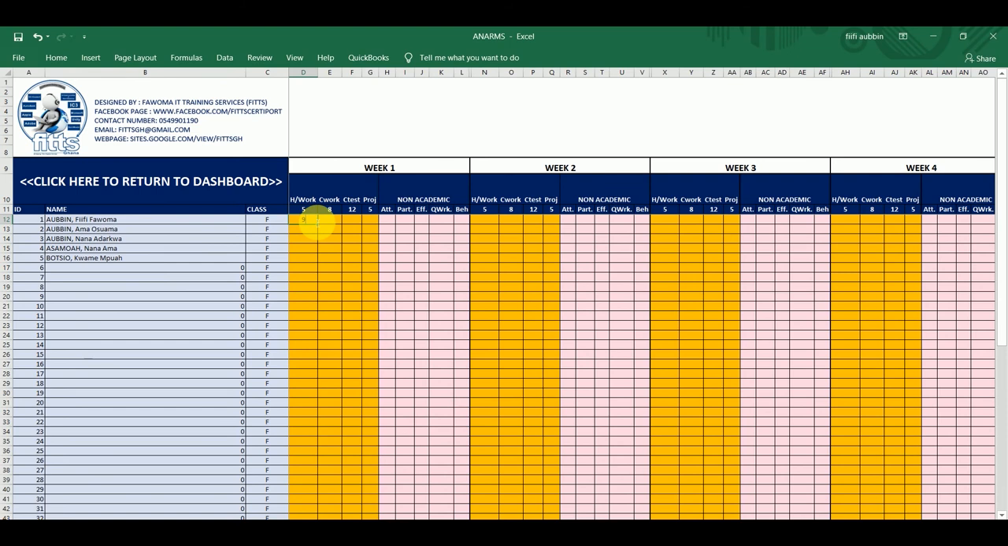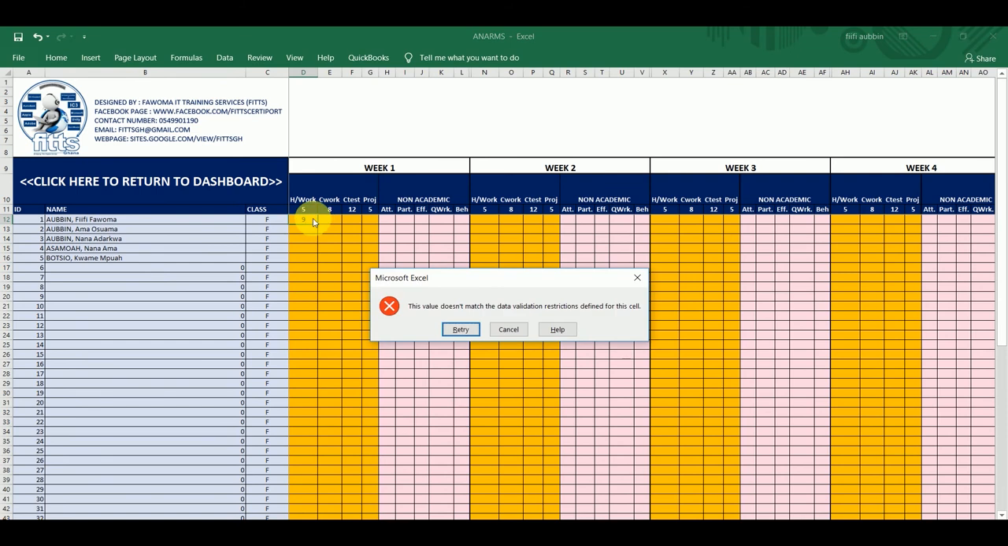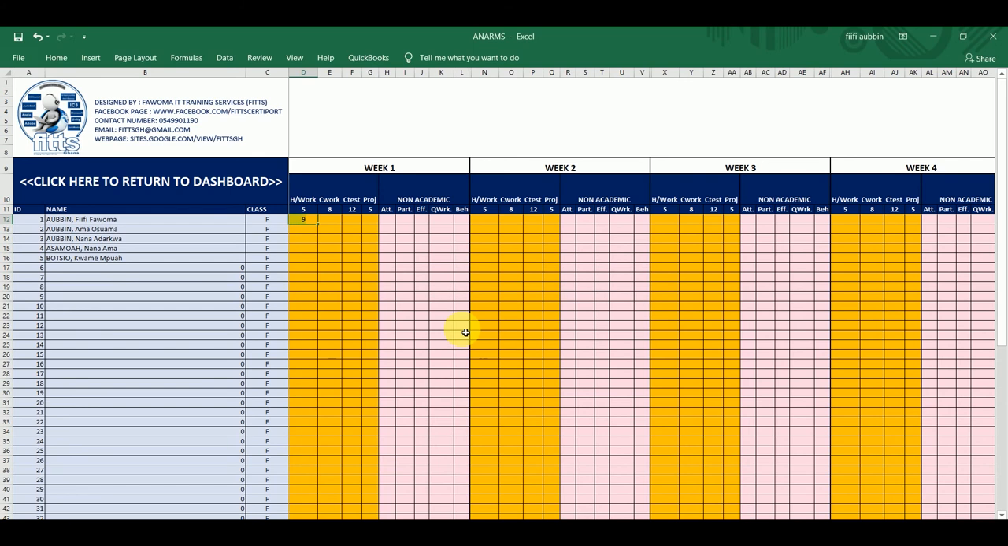You hit tab, then it prompts you that what you've entered really should not be there. So what do you have to do? Okay, this value doesn't match the data validation restrictions defined for this cell. The maximum we can enter is 5 and the minimum is 0. So you need to hit retry, then you do the entry again, you hit tab, then at least